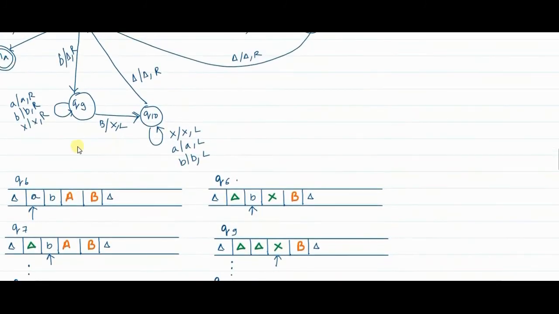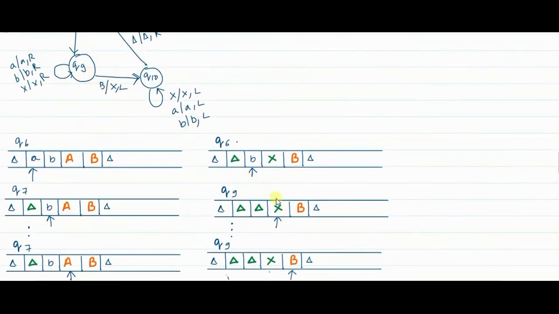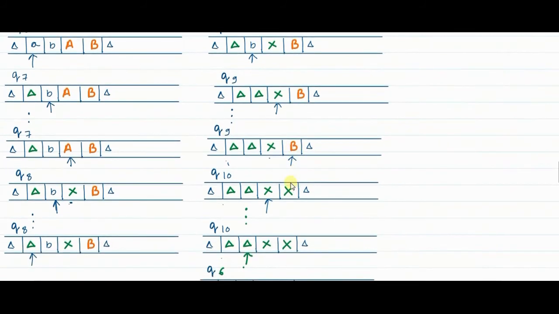Now in Q9 state, if B is encountered, what does it mean? That means there was a small b there. Now that b, you are also saying that b is marked, no? So b is replaced with X, move to the left. For this particular symbol, I am trying to now match another B. So if B is encountered, you know that there is a match happening. So I just want to say that this is also marked. So in Q9 state, if B is encountered, we replace B with X and the pointer moves one place to the left.